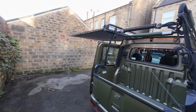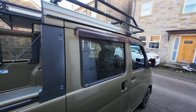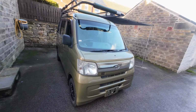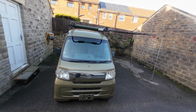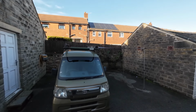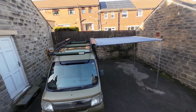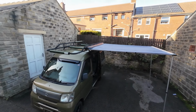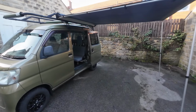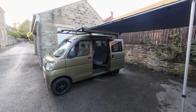And so this is as fully loaded as you can get. It's the top model because it's the 4-wheel drive one. It's got everything. It's automatic. But what makes this so special is the roof rack. The roof rack and the awning. Look at that, what a special little car. And if that doesn't whet your appetite for a Daihatsu Hijet,